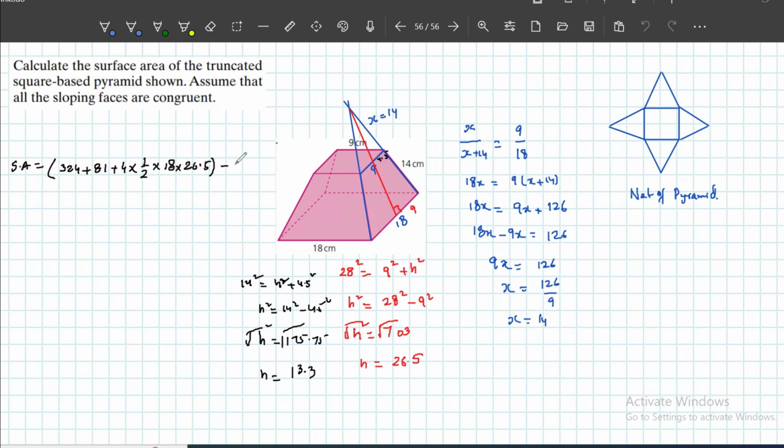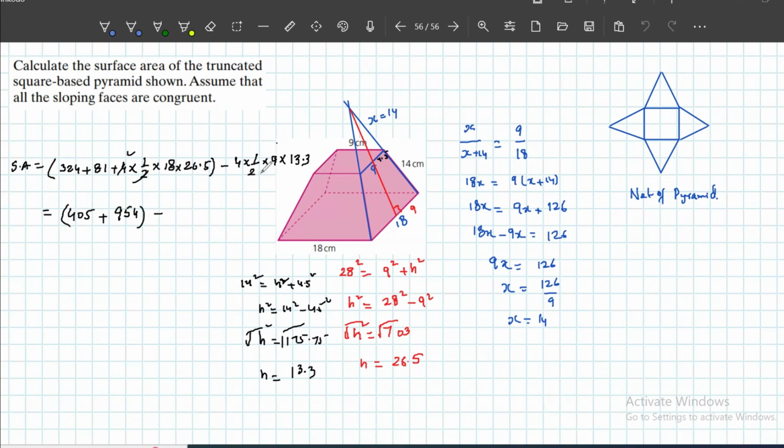But we have to subtract the upper part because it is a truncated based pyramid. So for the upper part we have four triangles, which are 4 multiplied by 1 over 2, the base is 9 and the height is 13.3. Now we can simplify the inner part, which is 324 plus 81. It is 405 plus, if we simplify all this, 36 multiplied by 26.5,